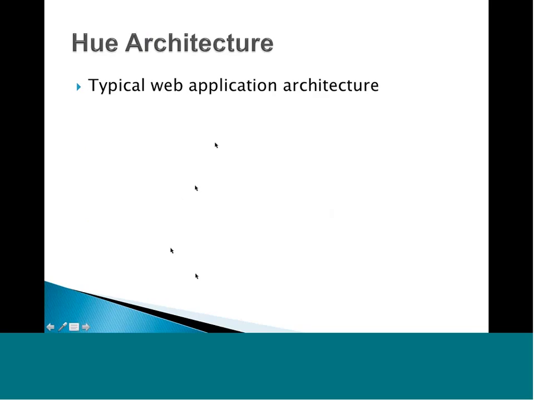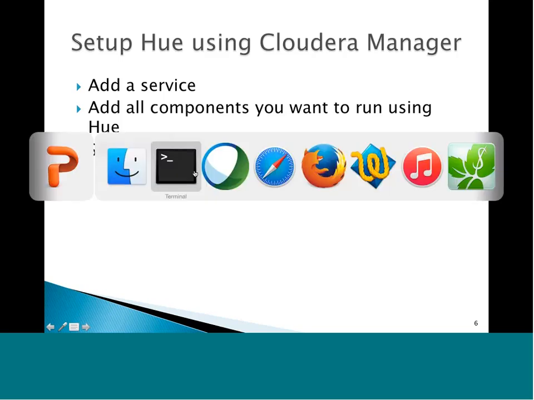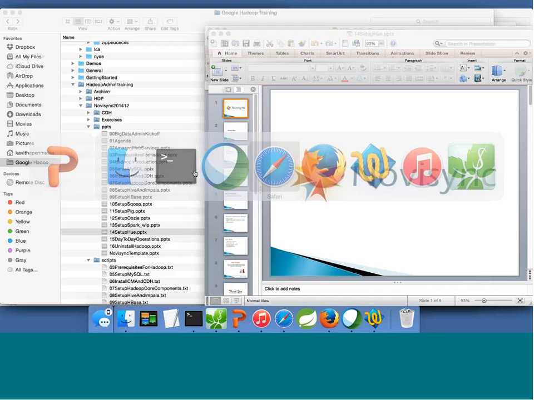It follows the typical web application architecture. We will have a Hue server, which will be running on a web server. And when we actually configure, Cloud Manager will make sure you understand all the Hadoop ecosystem tools in the cluster, and it will configure them. Once we set it up, we just need to start the service. So we'll quickly go to the